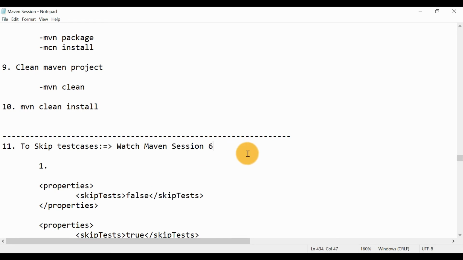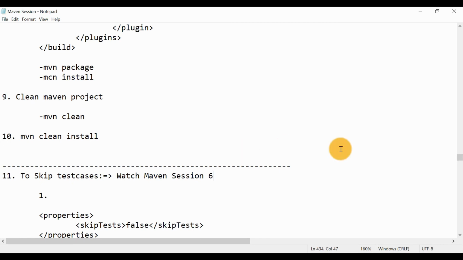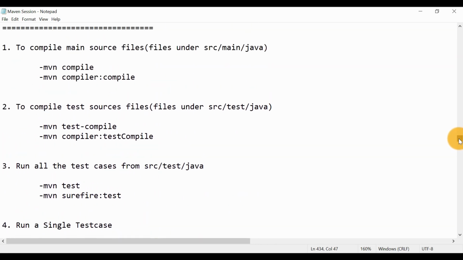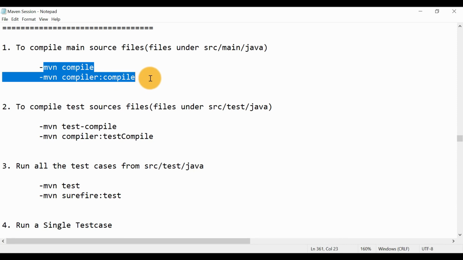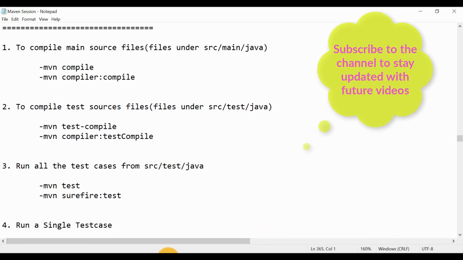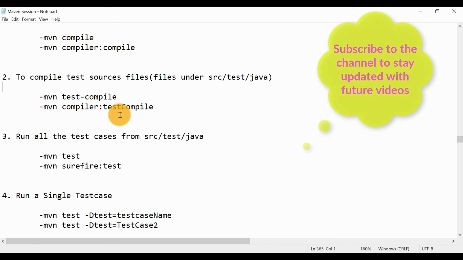Okay, so that's it for this video. I have covered most of the important commands in Maven. And you will face interview questions, definitely. So just have some practice. You can run the same commands from the command prompt. That will be homework for you. So use these commands from the command prompt. Go to your project location, open the command prompt, and run this command. That will be good practice for you as well.